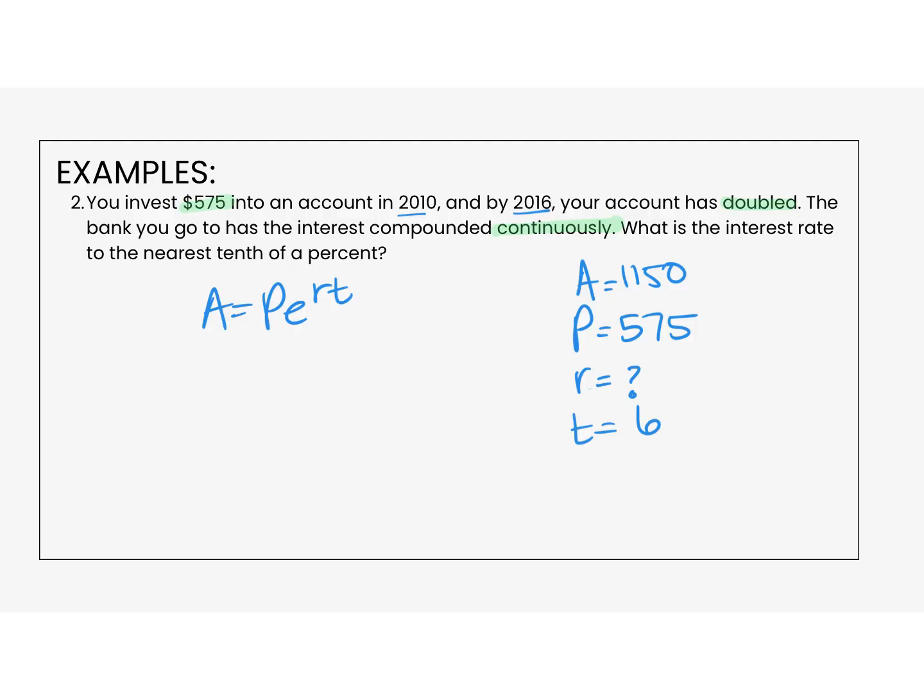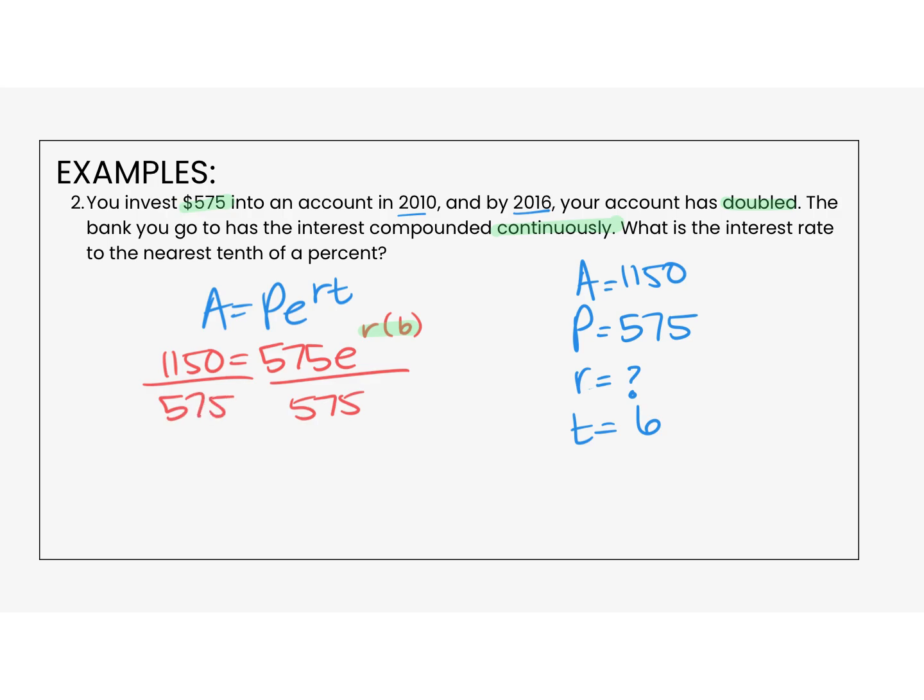All right, so I'm just going to plug in what I have now. So 1150 equals 575 times e to the r times 6. So now you can see my variable is up here in the exponent. So this is a little bit different than what we did before. Okay, so first thing I'm going to do is divide by 575 to get my